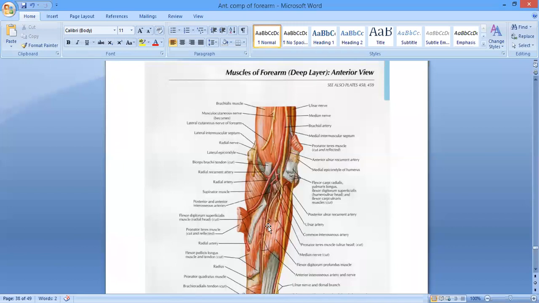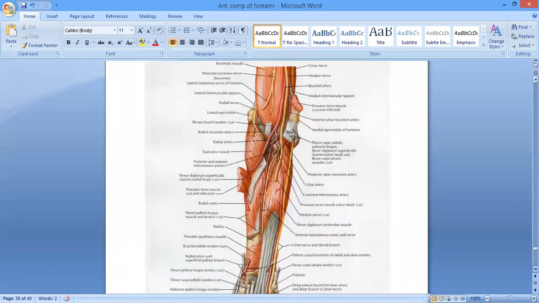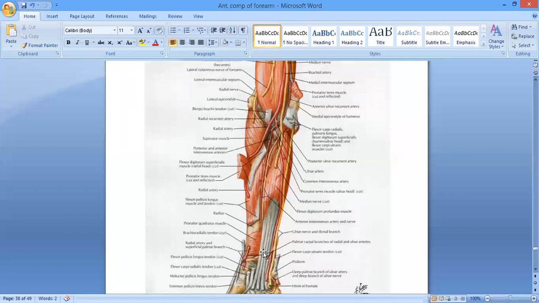So it runs downwards on the anterior surface of the interosseous membrane along with the artery between the flexor digitorum profundus and flexor pollicis longus, and it ends on the anterior surface of the carpus at the wrist. Okay, here on the anterior surface of the wrist joint it disappears, it ends, and it is going to give the muscular branches to deeper muscles. Okay, which are the deeper muscles? We have got the flexor pollicis longus, pronator quadratus, and the lateral half of the